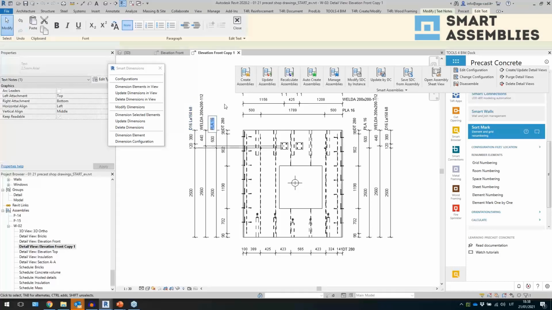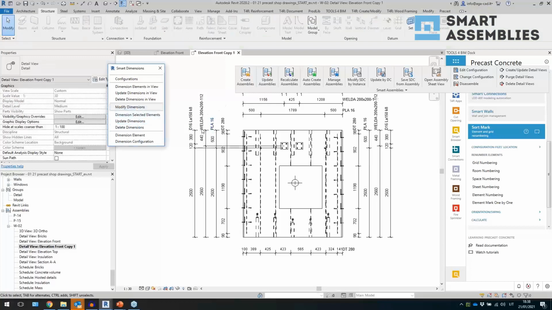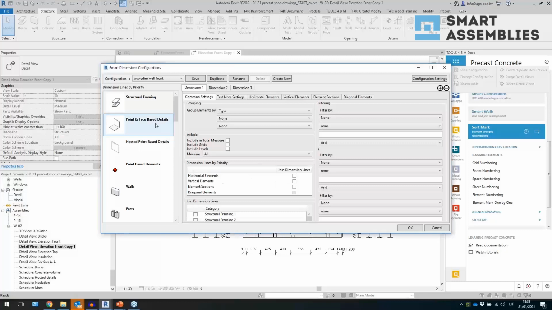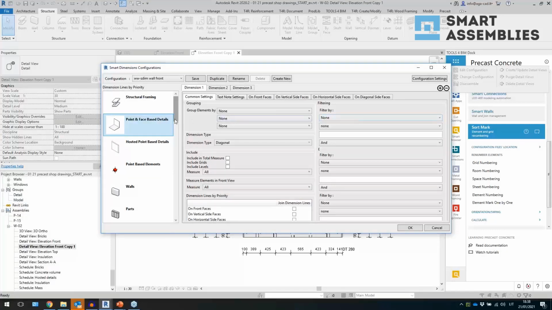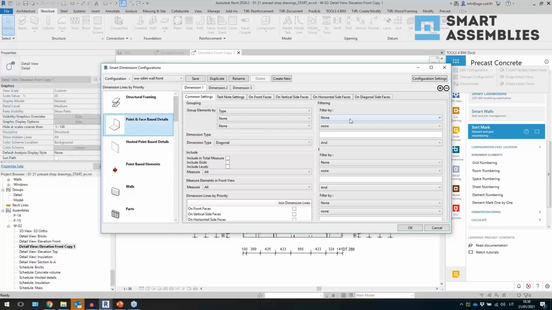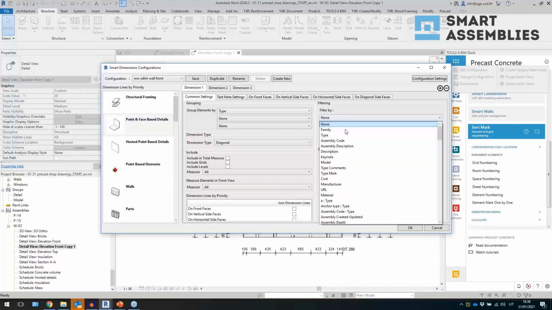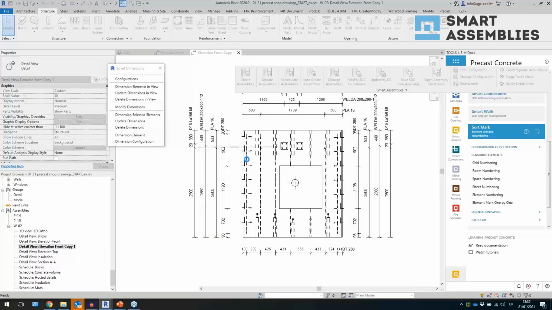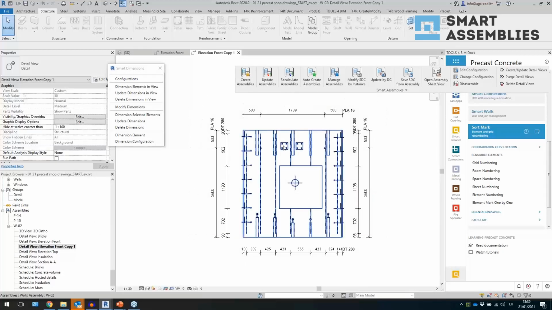I will copy this one, and then I prepare configurations. I will say that well, I want to, oops, I didn't say that. Maybe. Okay, so I will say that I want to apply filter. So if the type is equal to this, click on OK, measure that, and then you see now the plate is not dimensioned at all. But